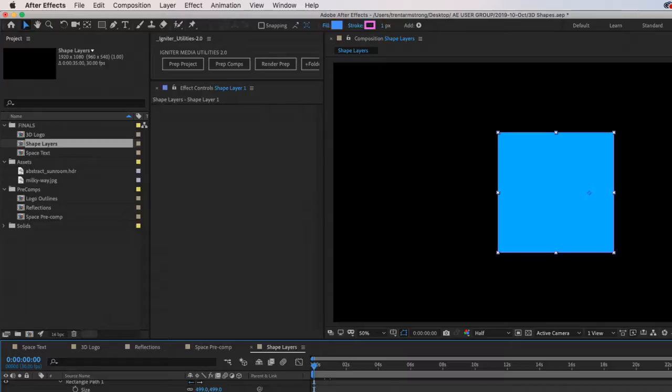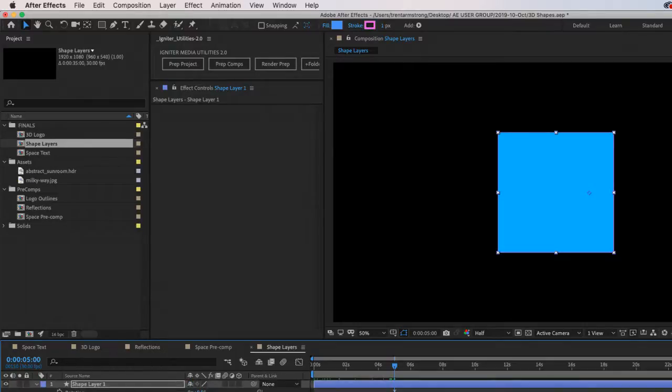So 360 units, which are the degrees here, over 5 seconds times time. That just means over 5 seconds, we will rotate one full turn, okay? So now let's control click, copy that expression, and we'll do the rotation. I hit R to twirl rotation, option click, and oh, no, I just need to just like that and paste, and then put in my expression.